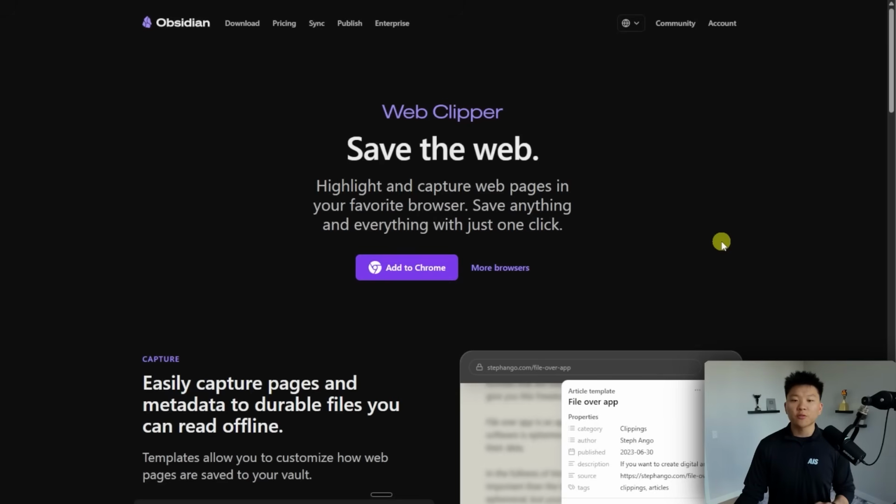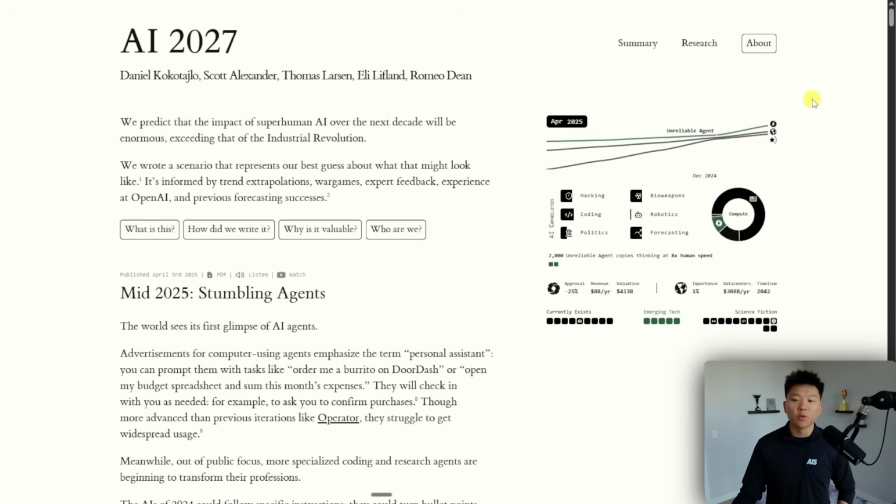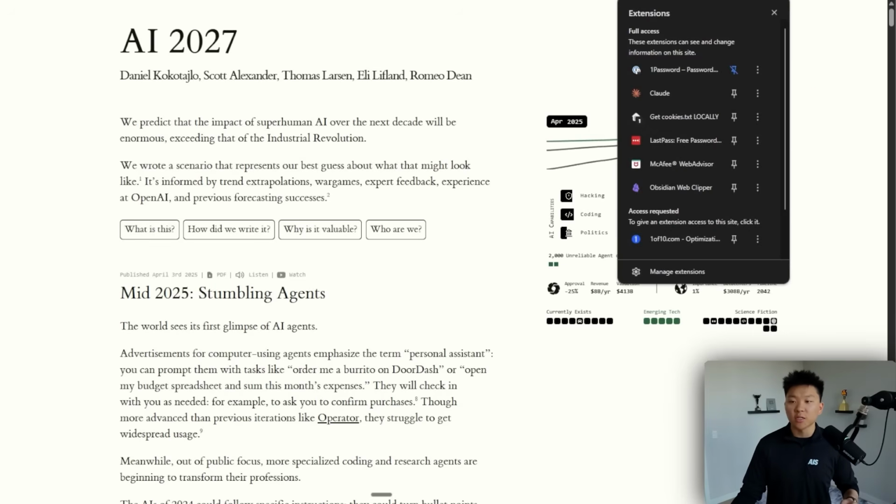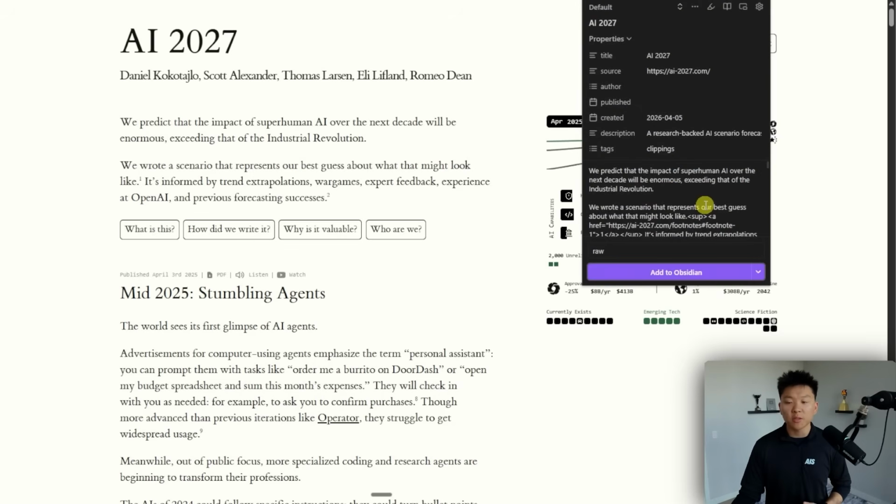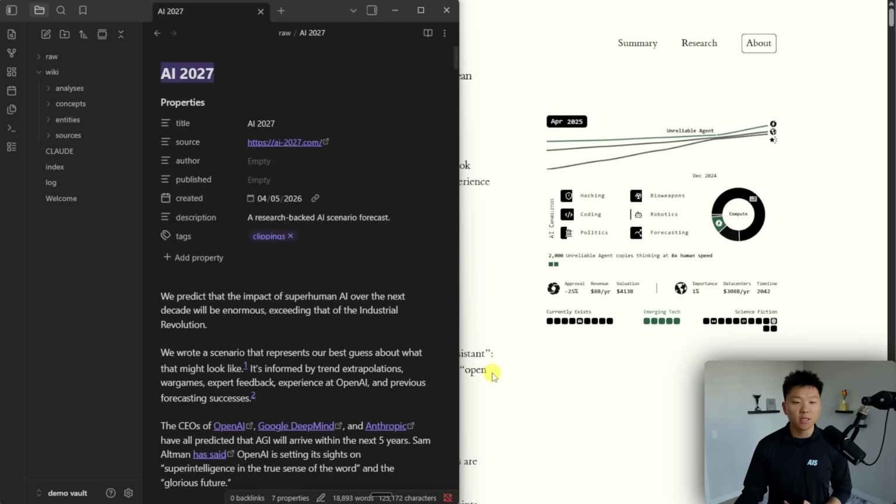Super easy. So search for this extension called Obsidian Web Clipper. You would go ahead and add this to Chrome. So then when you're in the article that you want, you basically just click on your extensions, you open up Obsidian Web Clipper, and then you can just chuck it into your vault. And then right here, you're gonna wanna set this to raw because this is the actual folder that it's gonna put it in. So you can go ahead and click add to Obsidian, open Obsidian,